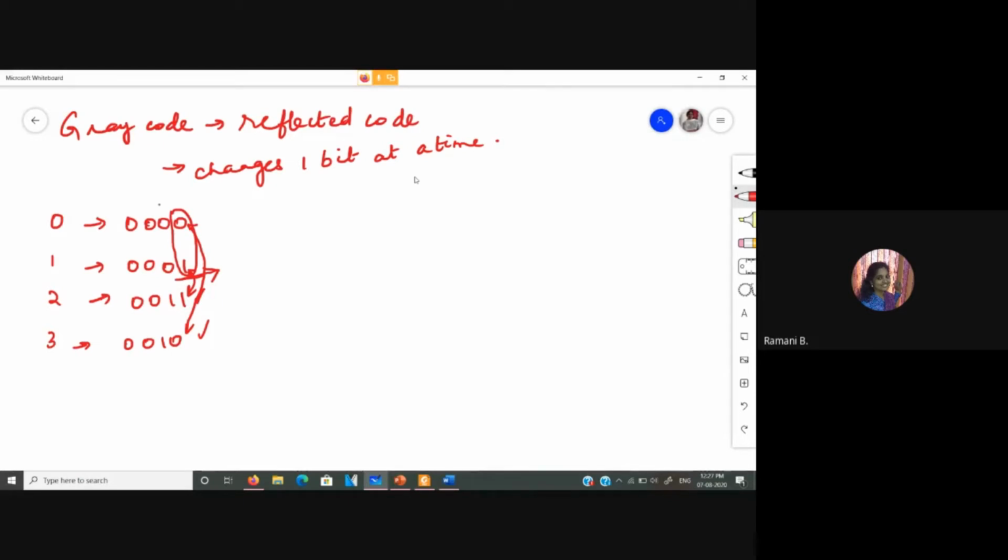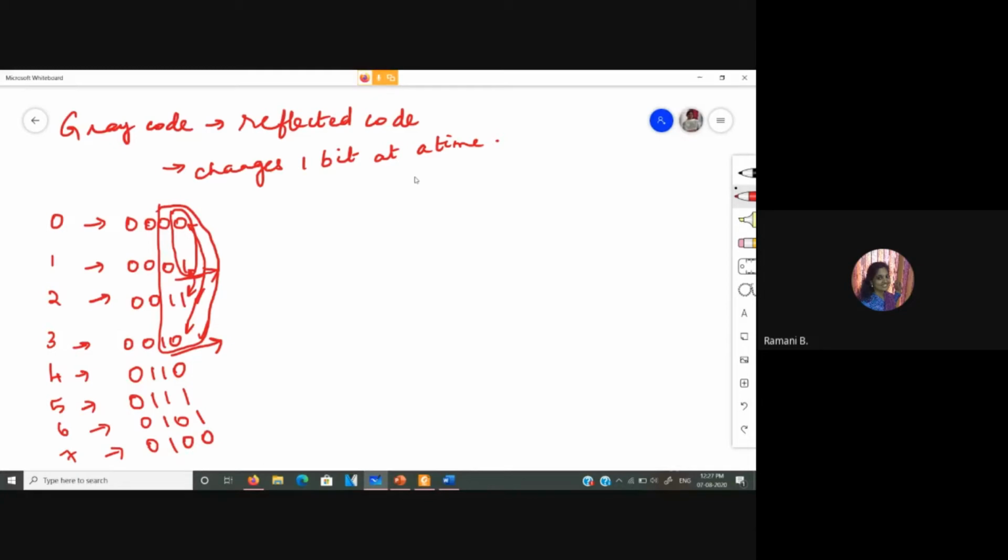And if you are going to consider 2 bits at a time, and I place a mirror over here, the further bit position values will be, for 4, 0, 1, 1, 0, because I need to change only one bit at a time, and for 5 it is 0, 1, 1, 1, and for 6 it is 0, 1, 0, 1, and for 7 it is 0, 1, 0, 0.